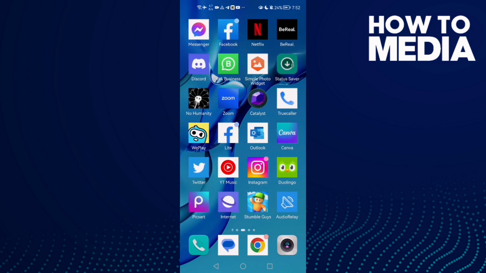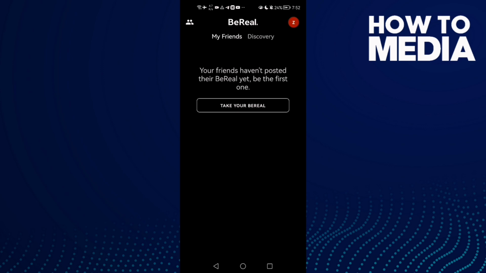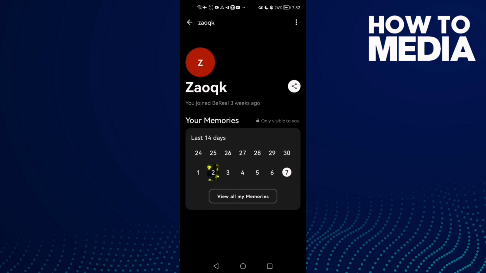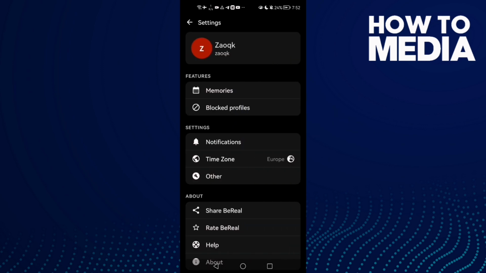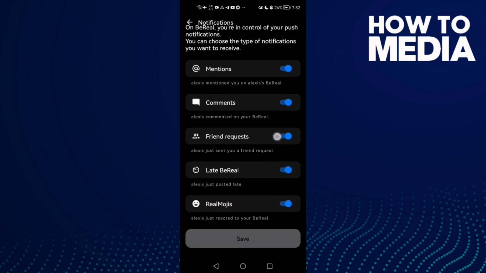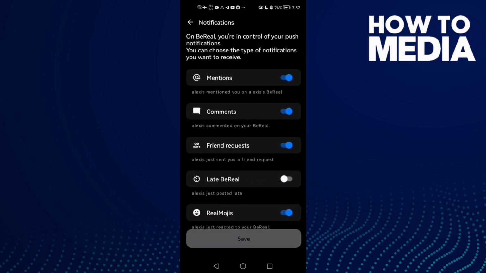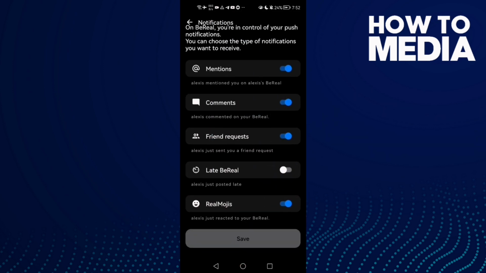First open BeReal and then click on your profile here, and after that click these 3 points, and that's it. Now all you need to do is click notifications, and here we'll find late BeReal. Then you can turn it off, and if you want to turn it on again just click on it,